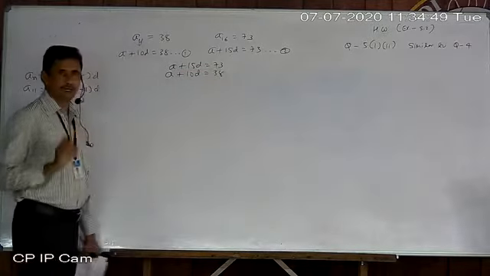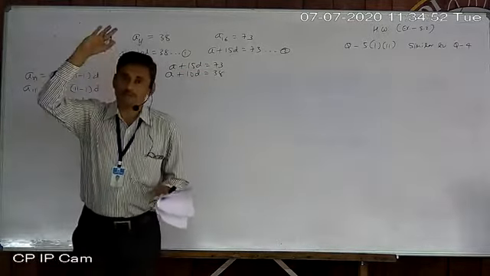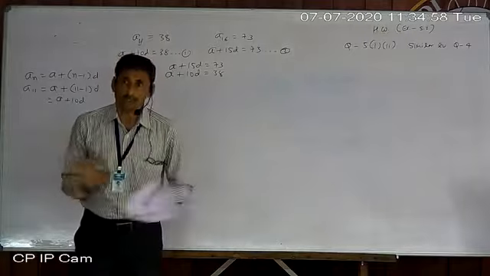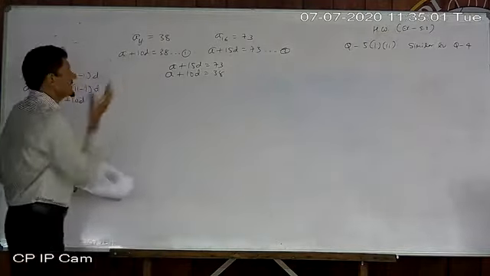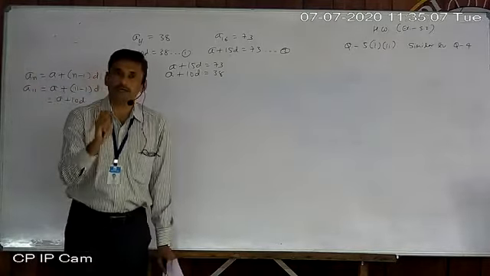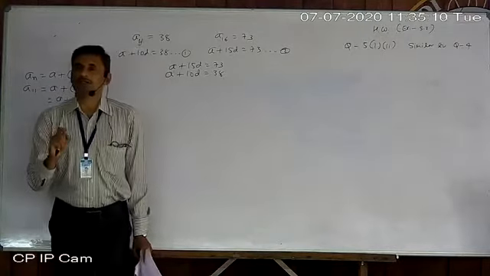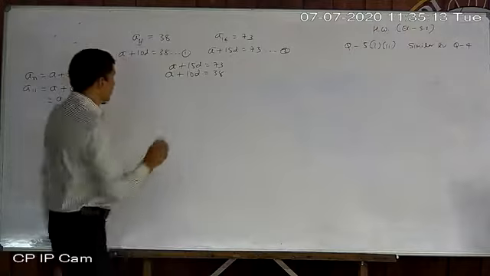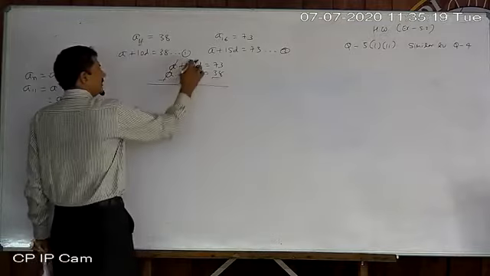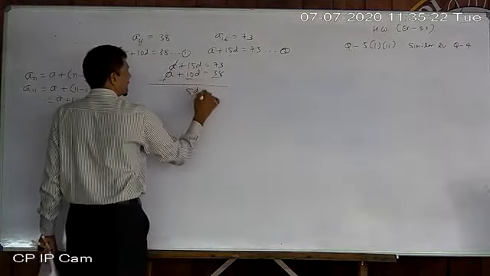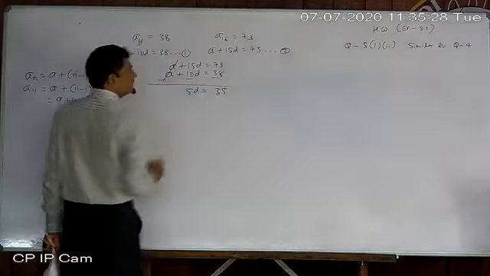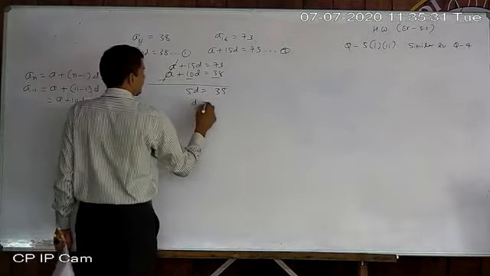So our main purpose now is to find a and d. In every sum so far we solved, we already have a and d. But in this sum, no a and d, no AP, instead only two terms are given. Obviously, we can find the AP if two terms are given. It is enough. If any two terms of an AP are given, then it is enough to find the AP. Now solve them by subtracting one equation from the other. So a cancels. 15 minus 10, 5d. 73 minus 38, 35. So d becomes 7.